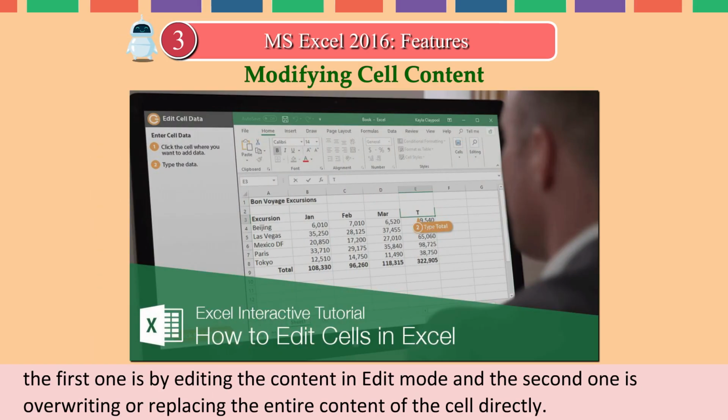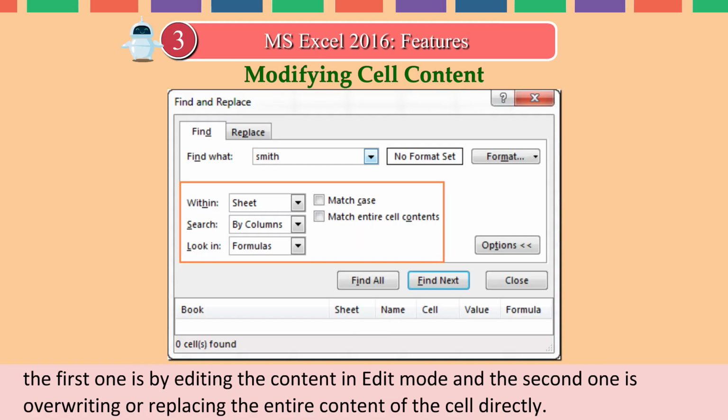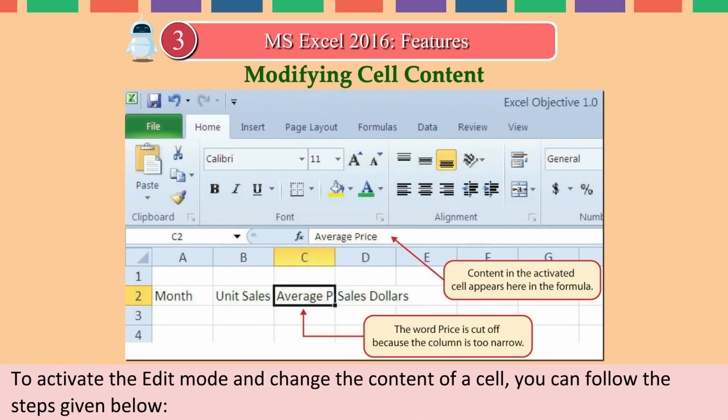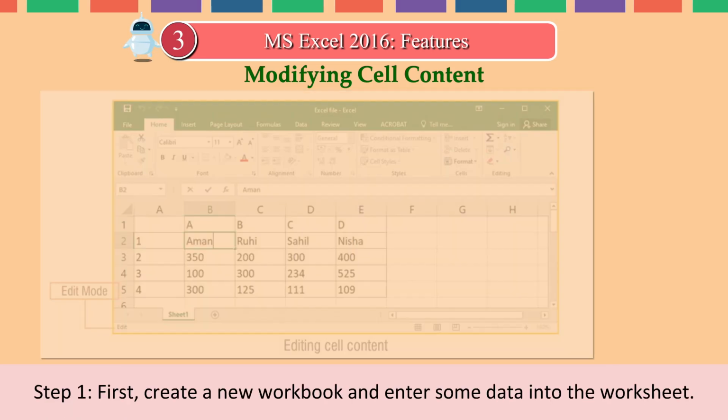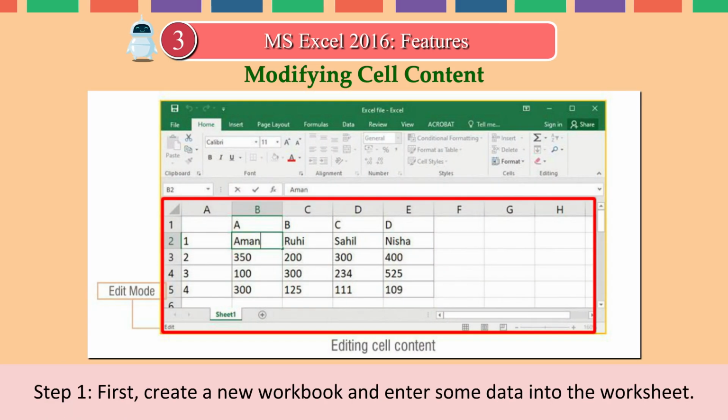The first one is by editing the content in edit mode, and the second one is overwriting or replacing the entire content of the cell directly. To activate the edit mode and change the content of a cell, you can follow the steps given below. Step 1. First, create a new workbook and enter some data into the worksheet.